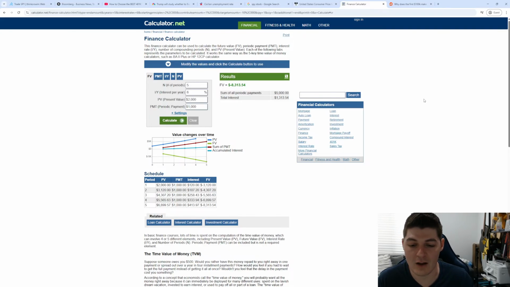Crypto is an enigma, because it is not an asset in the same way that other assets are good investments. A good asset to invest in provides cash flow. So think of a business that generates profits, or even a stock that pays dividends, or a rental property that pays money. If it pays you cash flow at some point in the future, you can ascribe a value to it. Bitcoin is not that. Bitcoin, I would bucket more as a collectible. It is a digital asset that has demand, and that demand creates value.